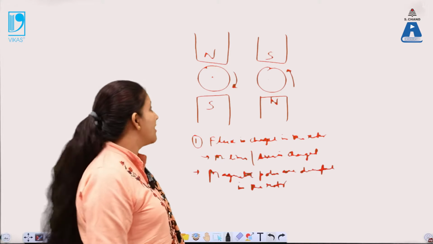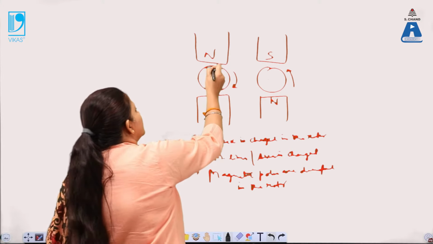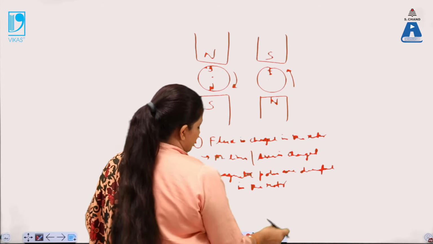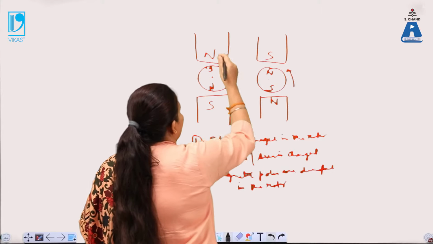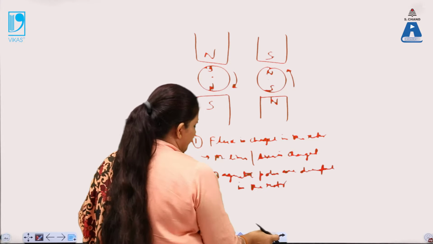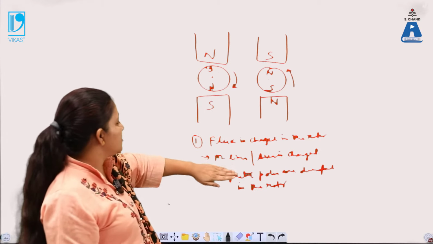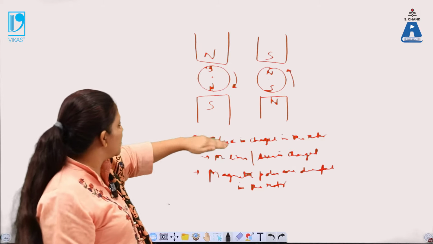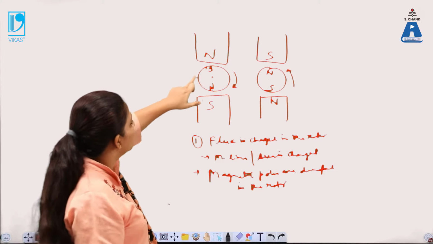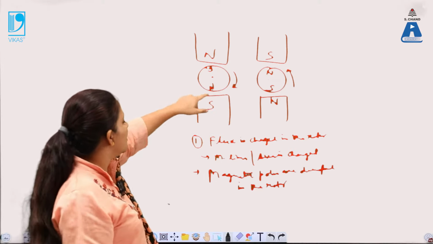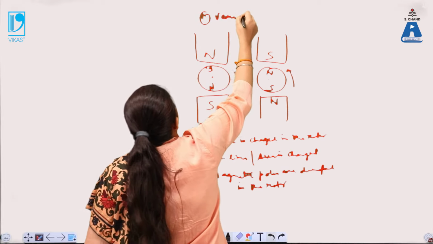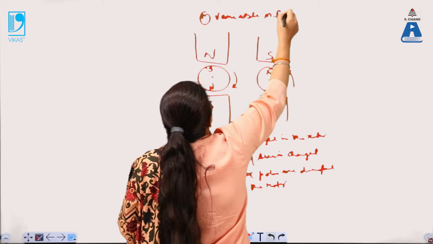Now if the magnetic poles are developed in the rotor, and there is a north pole, there must be a south pole, and here is a north pole. So this is a configuration, you can say an NS, SN configuration. Now when the flux is changed, the lines of force per unit area are changed. As the lines of force change, a variable field is produced in the rotor. So the first point is that a variable magnetic field is produced.